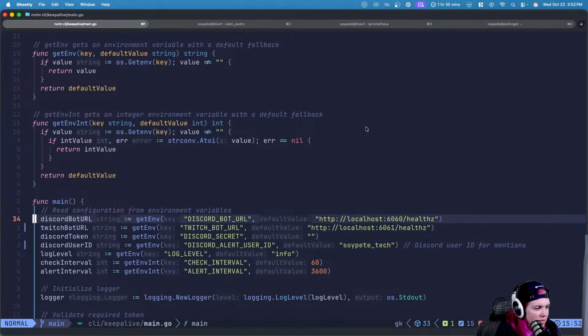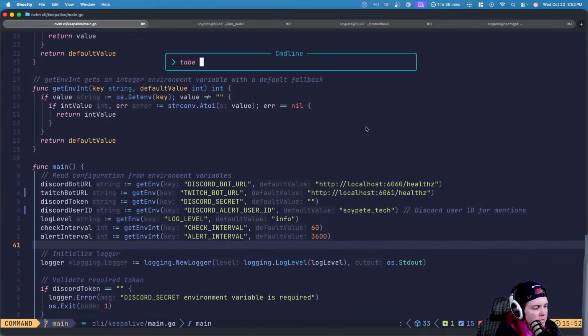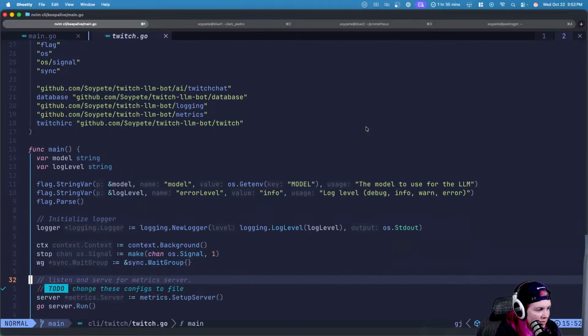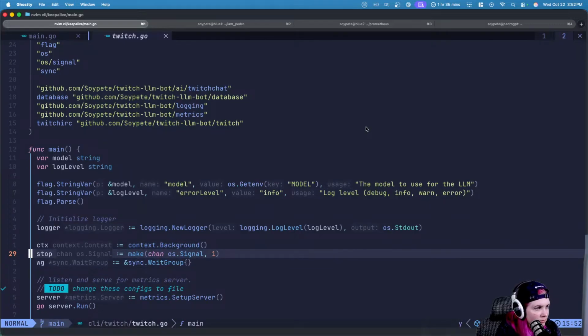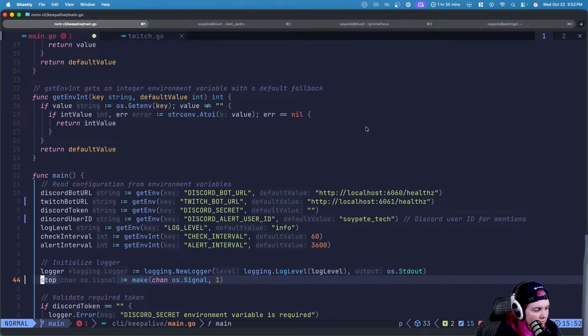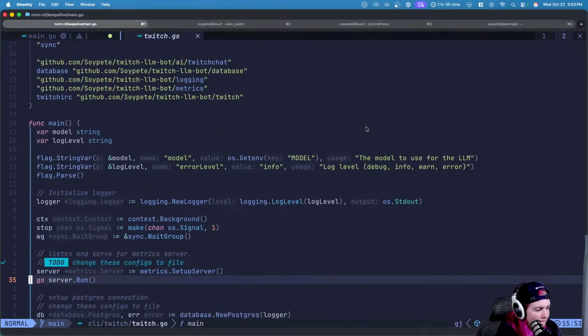Where do I use a SIGINT channel? It's in Pedro's. Right? Yep, here's this stop channel. And then